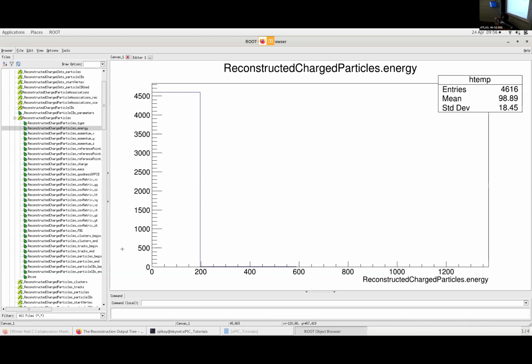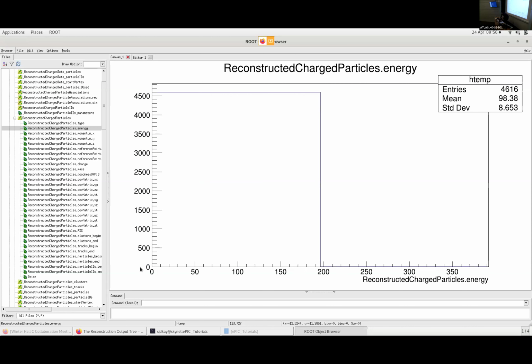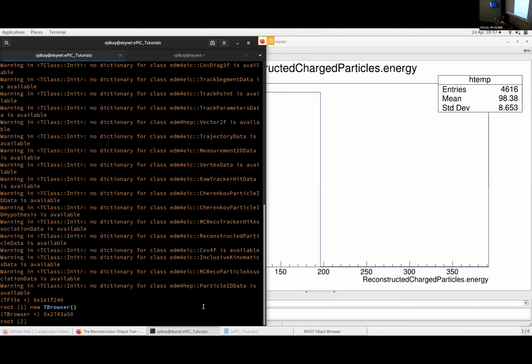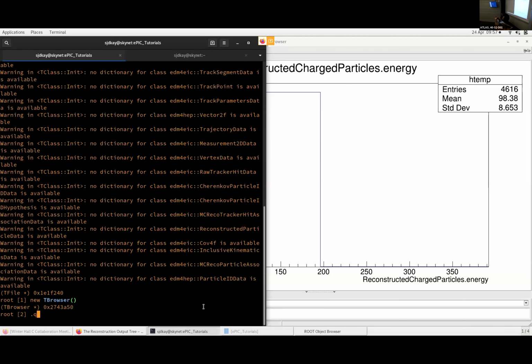100 bins. So unfortunately, if we zoom in on this, that's all it's ever going to tell us: in this bin of 0 to 200, or I guess that looks like 1900, so presumably it's 19,000. So we have a bin of 0 to 190, and almost all of our events are sitting in that bin. That's not useful at all, but we could, for example, redo that and redraw that with